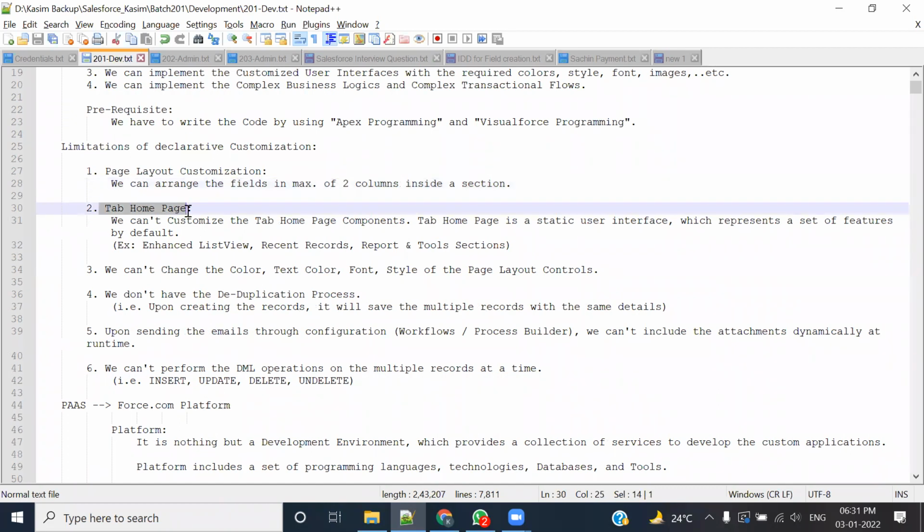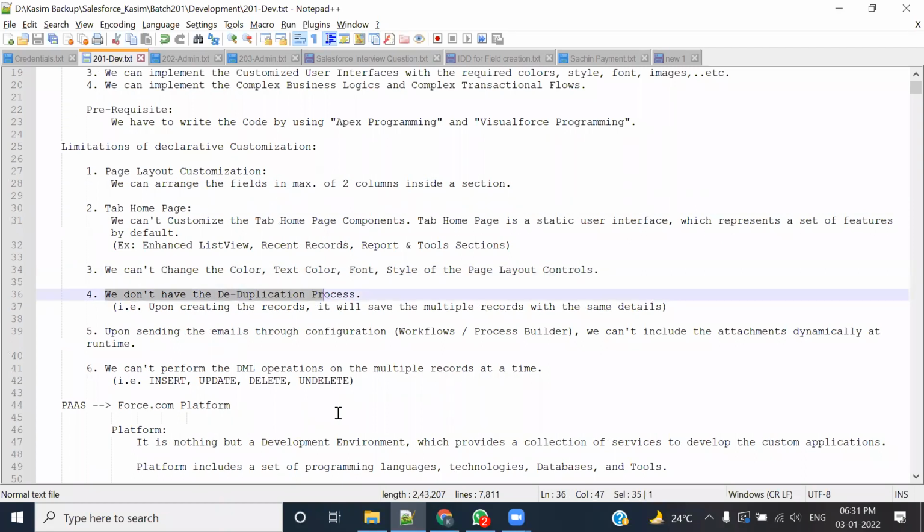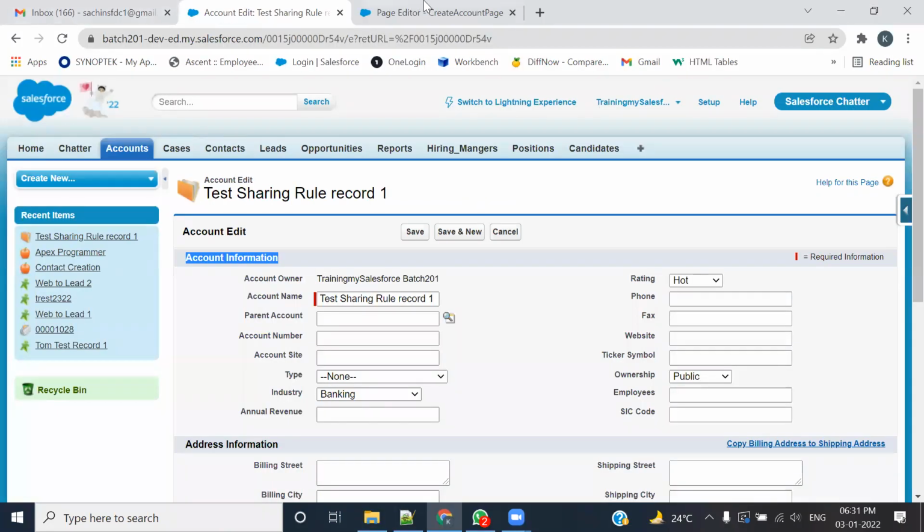कंसेप्ट, टैब के होम पेज का कंसेप्ट, ठीक है। टैब के बाद में फिर आप पेज लेआउट पे जाके कलर्स चेंज नहीं कर सकते, अलग अलग फॉन्ट्स नहीं डाल सकते। ऐसे एक पॉइंट और है, डी डुप्लीकेशन प्रोसेस। Let me show you something. Now example,